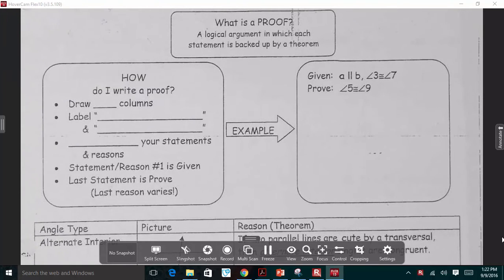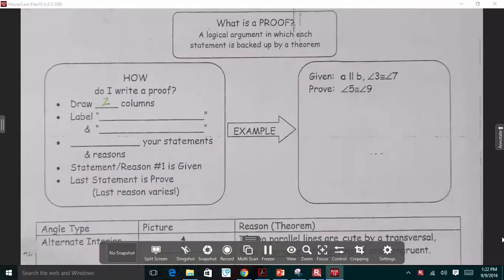Okay, so I love proofs. It's one of my favorite units because it's very systematic, yet you get to do your own thing as you solve proofs, okay? And so the first thing I'm going to do is kind of the setup of the proof. Almost all our proofs are going to look very similar, so the setup, if you know it, is going to be very easy. So the first thing you're going to do for a proof is you're going to draw